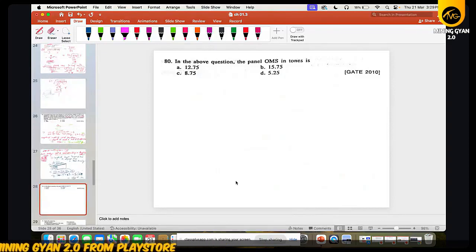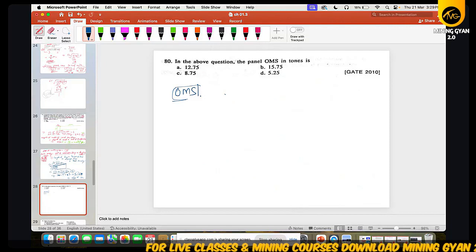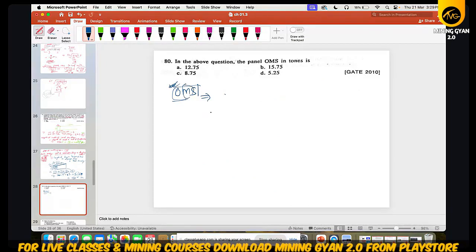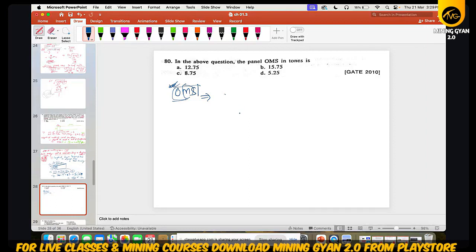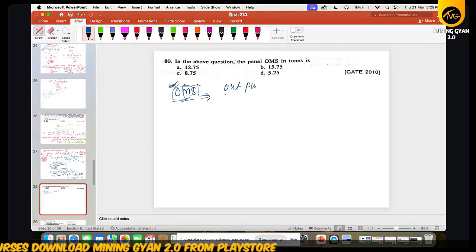Come to the 80. In the above question, the panel of OMS, first OMS. What is OMS? OMS, Overmen per shift. ओके, मेन पर शिफ्ट निकालना है, आउटपुट में ओएमएस कैलकुलेट करना है. How you will get ओएमएस. ओएमएस के लिए you should know what is ओएमएस. ओएमएस मीन्स आउटपुट कितना हुआ पर डे